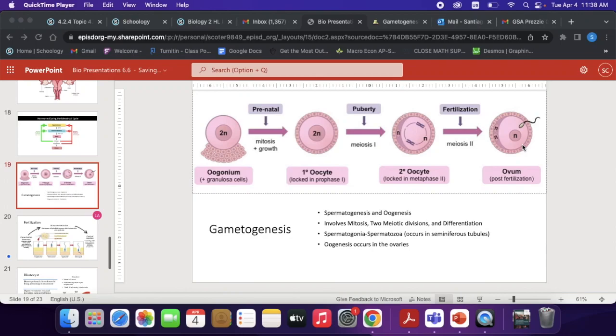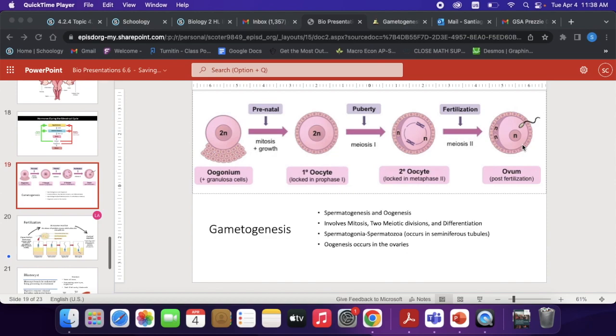Gametogenesis is the process by which you make gametes for both males and females. It's called spermatogenesis in males and oogenesis in females. In males, both involve two meiotic divisions, mitosis and differentiation. In spermatogenesis, cells called spermatogonia differentiate into spermatozoa, and this occurs in the seminiferous tubules,